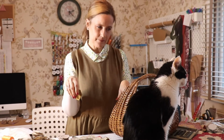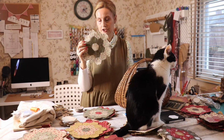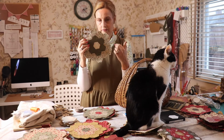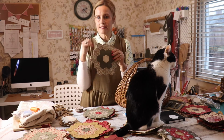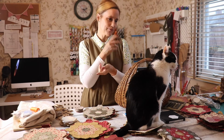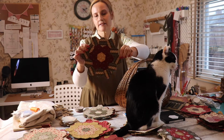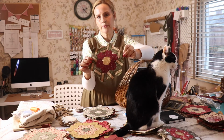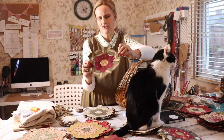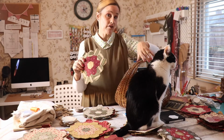I think I've got 12 different types of fabrics and each flower is a combination of those 12 fabrics, and there's not one flower that's the same. Now, if you remember when I was talking about doing this patchwork in one of my recent vlogs, there was one of them that had this stripe fabric and I just don't like it, it just doesn't go. I thought I'd unpick it, this is before I found this basket,